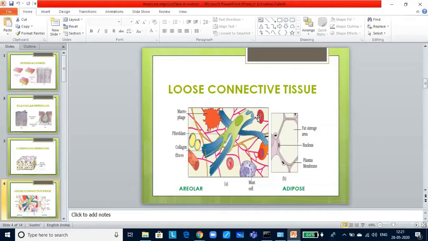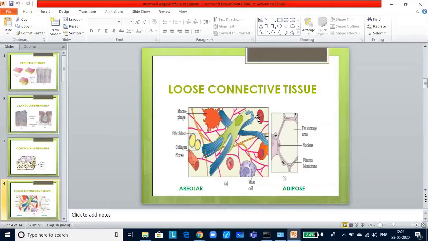Now, if you look at the special connective tissues, you will find cartilage, bone, and blood. The intercellular material of cartilage is soft and pliable. It can resist compression. Chondrocytes are enclosed in small cavities within the matrix. Most of the cartilages in vertebrate embryos are replaced by bones in adults. Cartilage occurs in the tip of the nose, outer ear, joints, between bones of the vertebral column, limbs, and hands in adults.